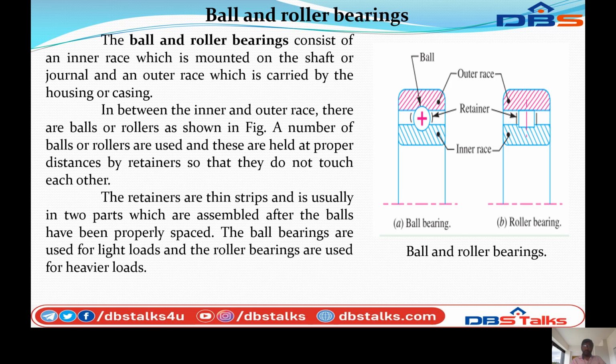In this ball bearing, the balls are arranged in the retainer. In the retainer there is a separate place arranged for each ball. There is no touching contact between the ball and the outer race and inner race. The ball rotates around in the retainer. The roller bearing is also the same, and a cylinder is arranged between the two retainers. This cylinder rotates in front of the retainers also, but there is no touching between the retainers.